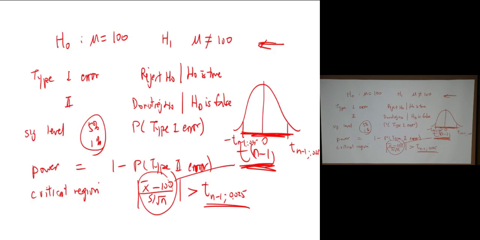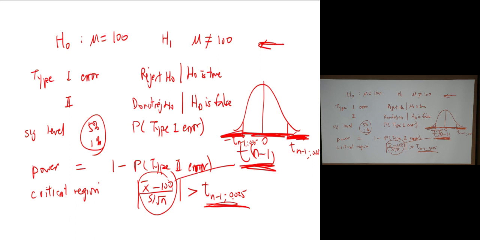All right? So if after I get a sample and compute this, it falls here or falls here, outside of this, bigger than this number, or the negative of this value is smaller than the negative of this number, then we make a decision. The decision is to reject the null hypothesis. So I believe mu may not be 100, maybe bigger than 100, or maybe smaller than 100, but it's not